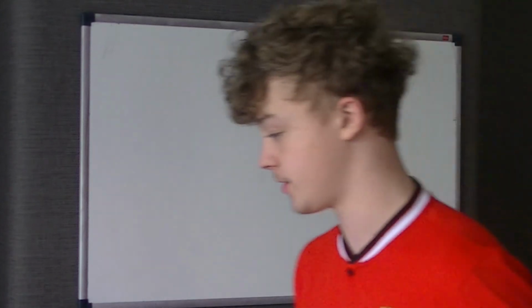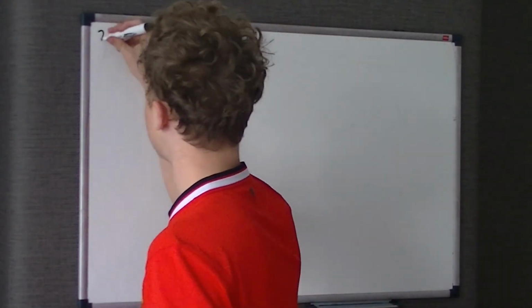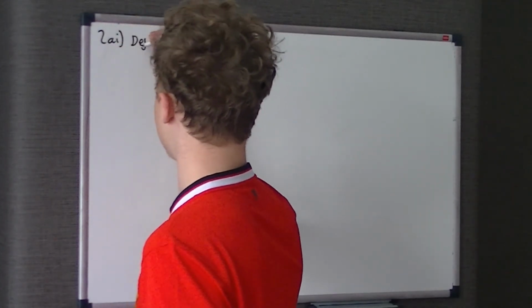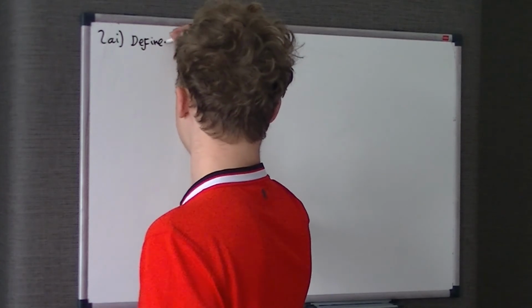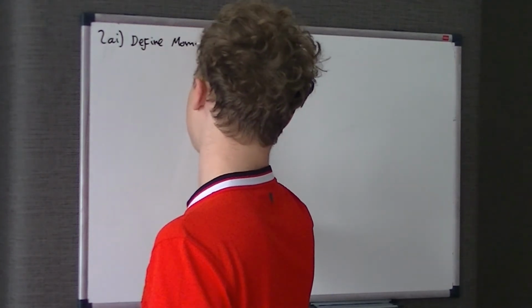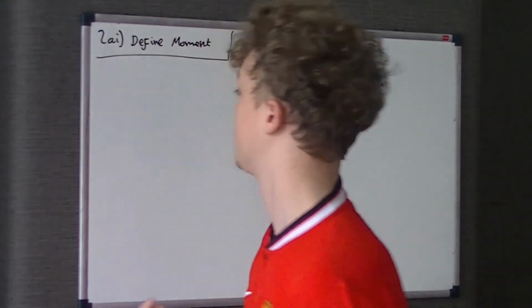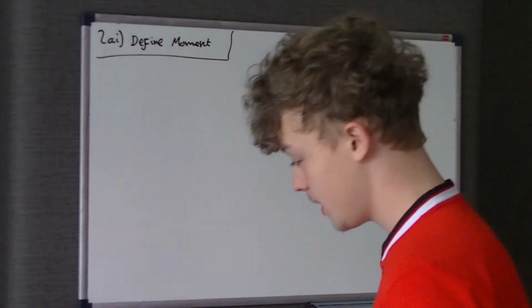Right, so this part of the question says, I'm not going to write this first part 1. It says define the moment of a force. I'll just write it down there, but I'm not going to actually write the definition, I'll say it. So the moment of a force is the force times the perpendicular distance from the pivot. Basically, you'd state the equation in words, that's all it's asking. But the next question,